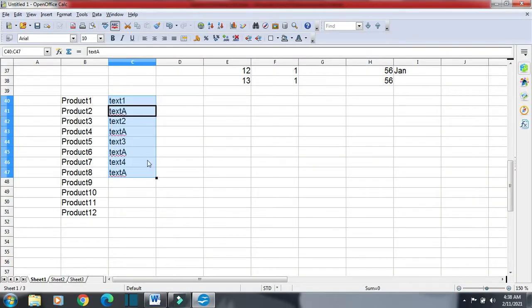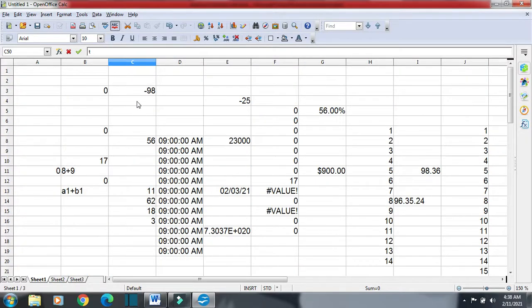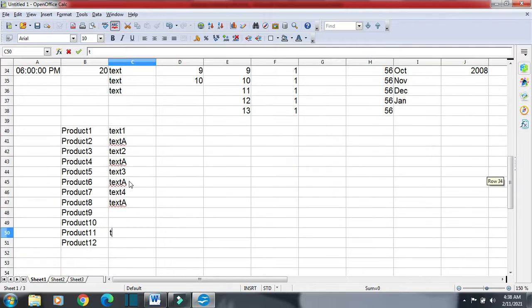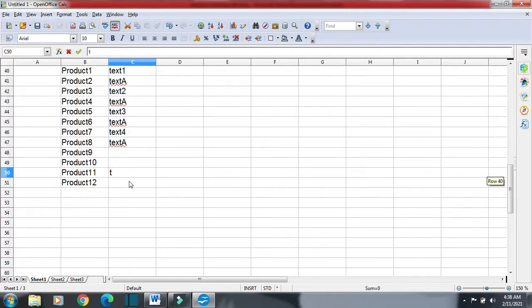Suppose if I start typing in this column and I write T, Calc will give me a suggestion, because some data is written here. Do you want to copy the same data? It will give you the suggestion. It will write TE. It will automatically give you the option to get the data. Suppose TEXT.